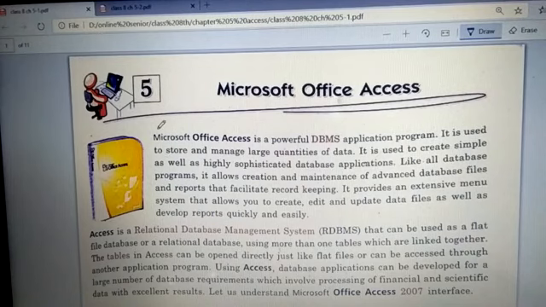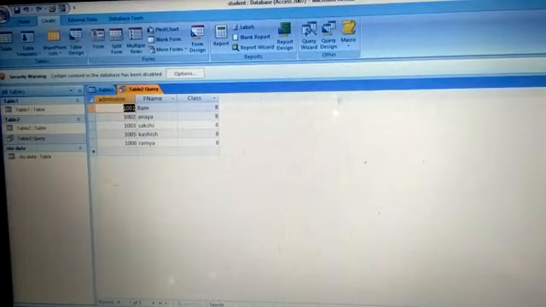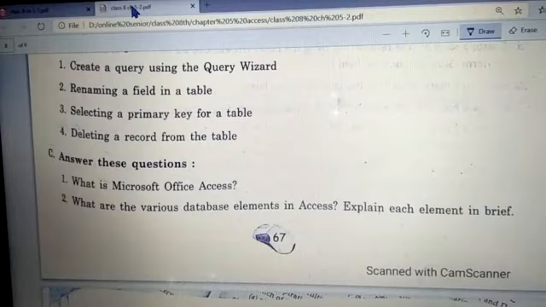You will write the first point as: Microsoft Office Access is a powerful, from here till the first line ends here. This would be the first point. Then the second point would be the second line till here. Then third, you can say it allows creation, from here till here. Then fourth, from here till here. So how many points are there? 4 points. Like this, you can write all these things in points. Fine, children? So remember, in computer, you never write your questions and answers in paragraph. You write them in points.